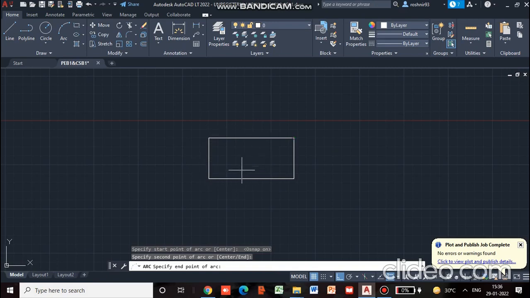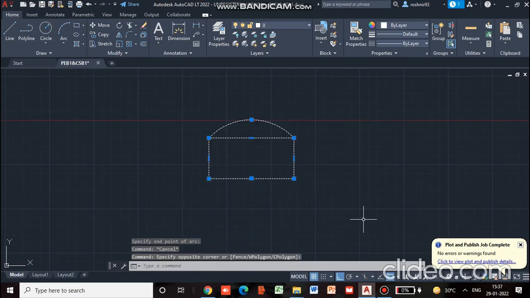So you can see how this circle is being formed. What we will do is we will take arc, we will hold here and hold here, and then you can see a dome-like structure here. So we will select this and